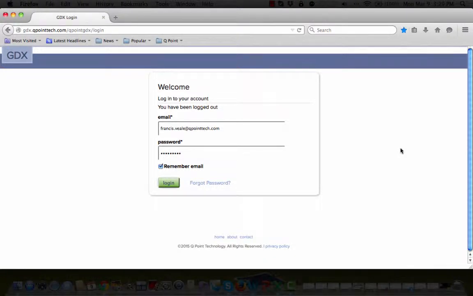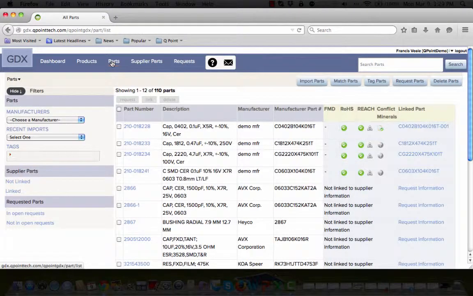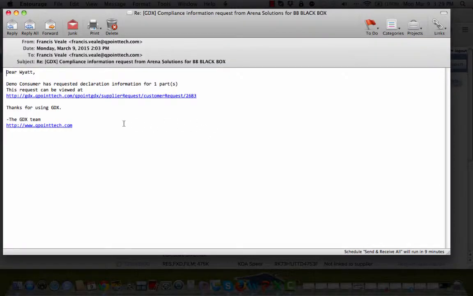In this video, you will learn about the Request Management feature of GDX. Request Management allows you to interact with your suppliers directly within GDX. You can request compliance information, address questions, and track the supplier responses. In this tutorial, you will learn how to invite your suppliers into GDX, request data for parts, and track the